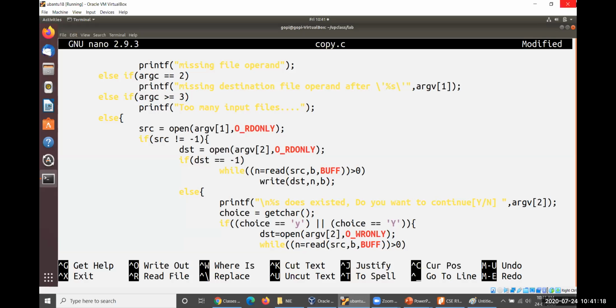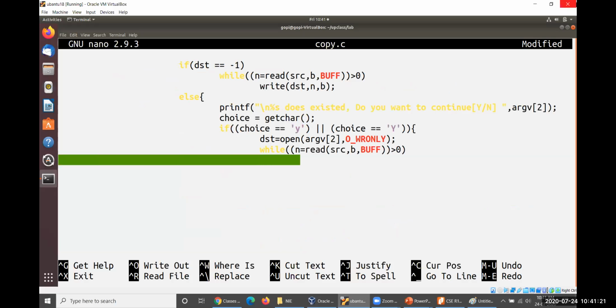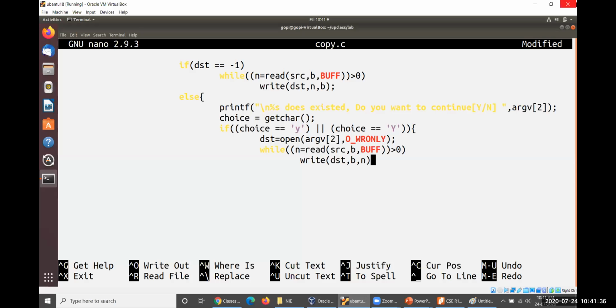You have to read the data from source, and write, so DSP, comma, n number of bytes from the buffer. I have operated something wrong, I think. So that is b comma n number of bytes, not n comma b comma n number of bytes. That much data has been written onto the file.